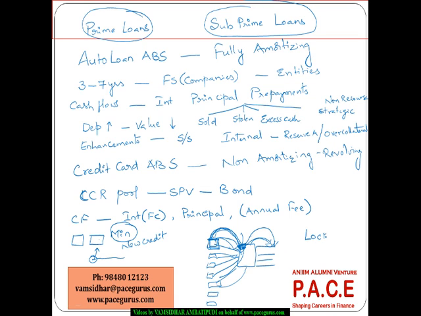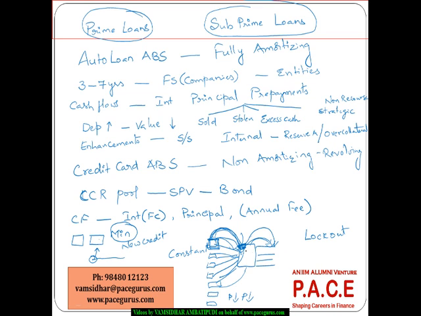Especially there is a lockout period that would be created, and any principals received during the lockout period would not be paid to the ABS investors. Rather, they would be used to purchase additional credit card receivables. Otherwise the overall principal value would go down and down in no time. But the moment additional receivables are purchased, the principal value underlying the receivables is maintained more or less constant for a longer period.